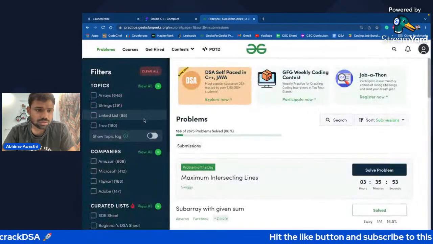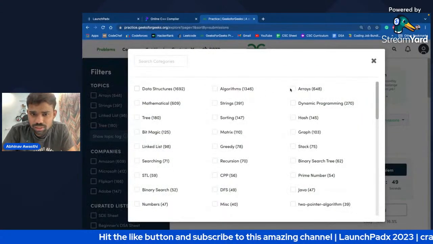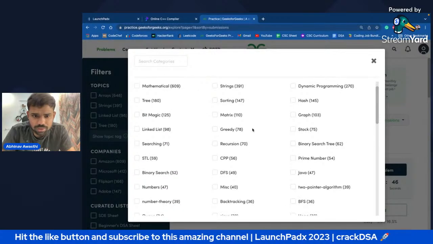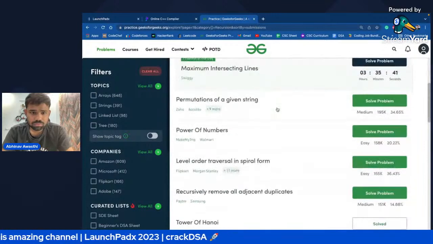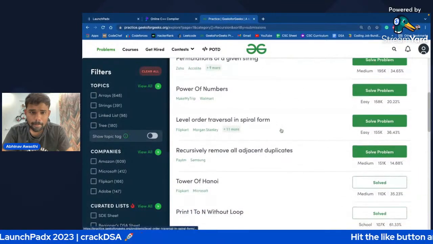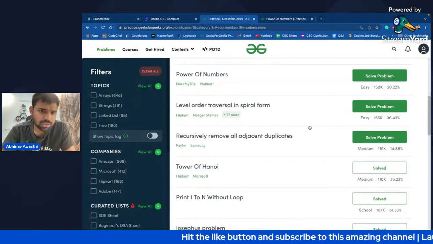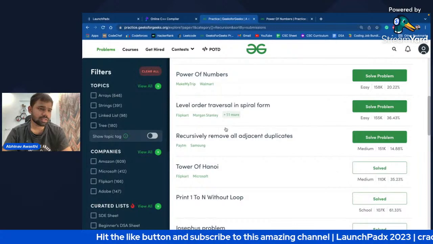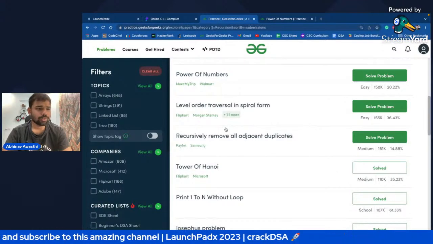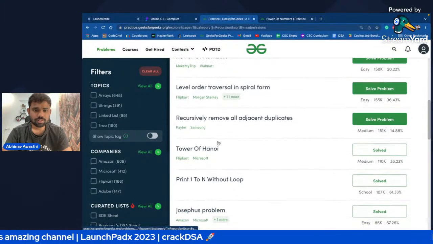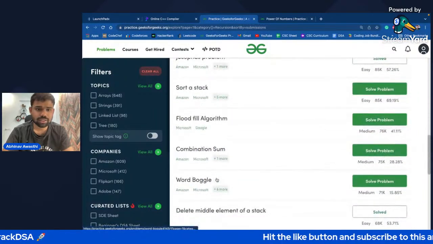Great. So I'm not getting the recursion tag. By the way, it should be there, but yes, here it is. Guys, Tower of Hanoi is an important concept of recursion. So I will upload a video for Tower of Hanoi so that you guys can see it, because it's quite a complex thing.